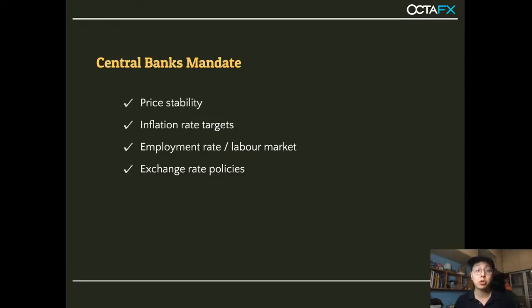So what is this target? If you have a pen and paper, I want you to write this down as well. The inflation rate target for most of these banks here is about 2%. What this means is that every year on average, they want the prices of goods and services in the economy to grow by about 2%. Now of course, if you take a look at what's happening in 2020, which is this year, we have COVID, we have lockdown, all businesses are affected, the whole economy is affected. That's where your inflation for 2020 is likely going to fall, which means that the whole economy is not doing well. So that's the idea of inflation. Every bank would have a target of about 2% inflation rate.